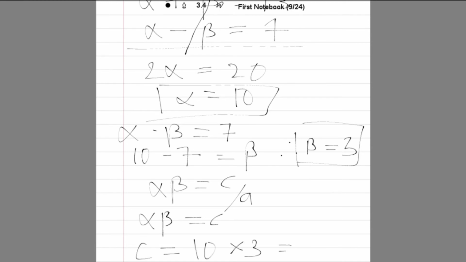So what we get is 10 into 3 is equal to 30. And this c is equal to k, right? From the above things which we got to know, we get that c is equal to k is equal to 30. So this is how we can find the values of the unknown coefficients from the equation by using these relations.